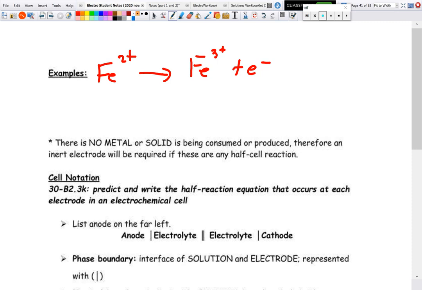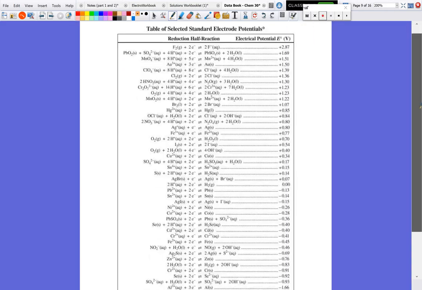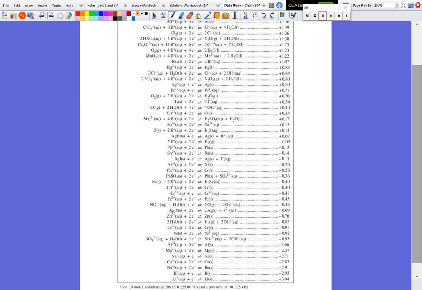So this is one oxidation half reaction, but you notice that there is no iron solid in this half reaction. So if this was going to be the reaction at our anode, we're going to need to use an inert electrode. Now I know what you're thinking, why can't we use solid iron? Well, the problem with that, and this is why we use our inert electrodes, is that if we have something like solid iron, which is right here in our data booklets, now as we produce iron 3 right here,